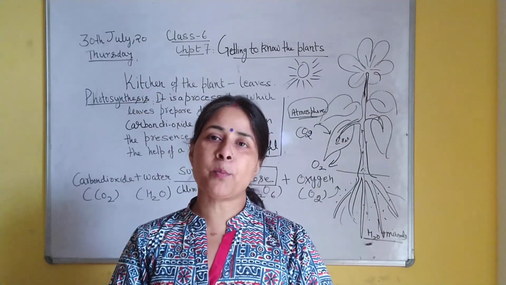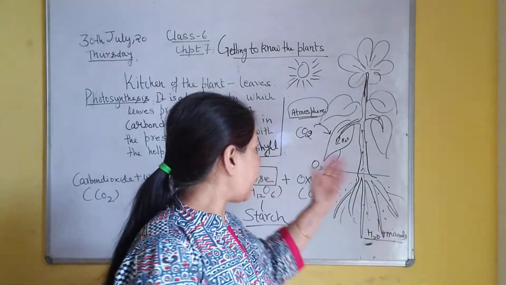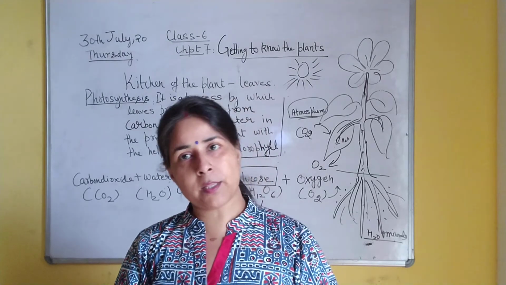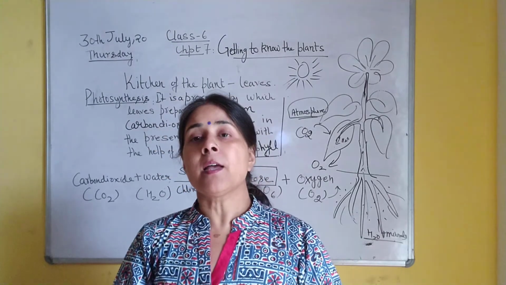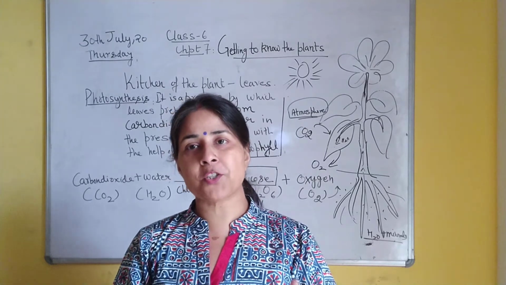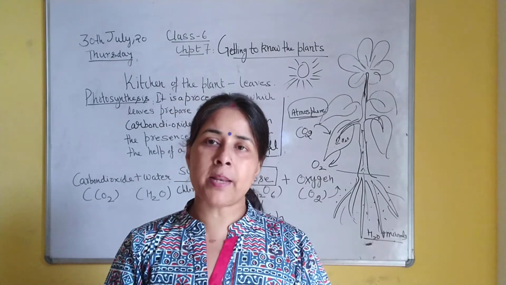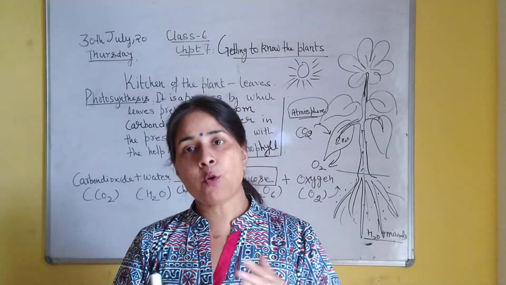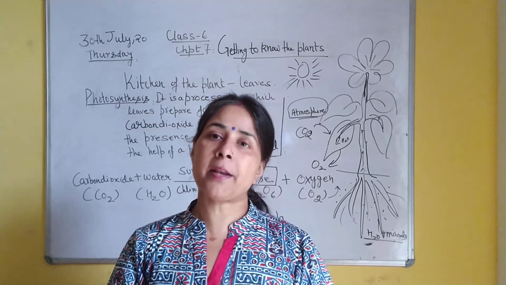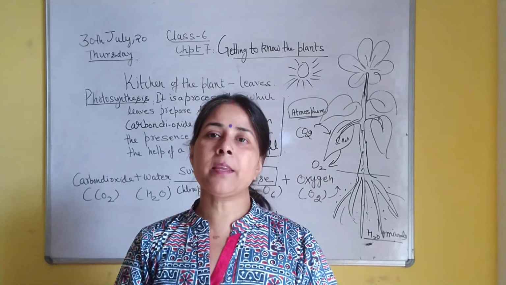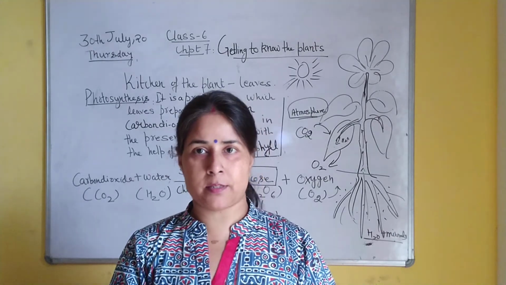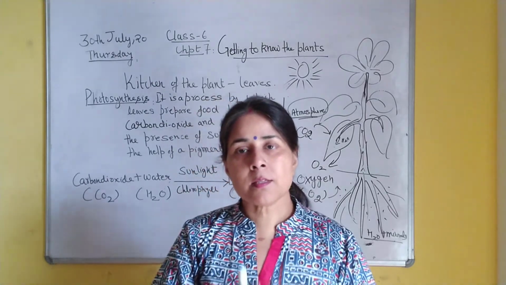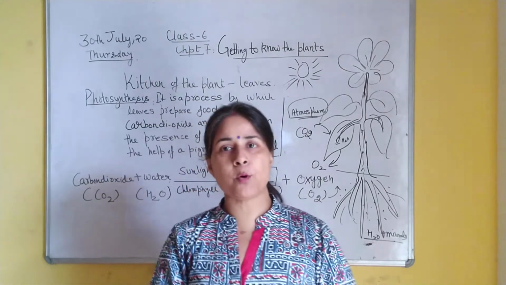If we talk about herbivorous animals, they directly eat plants. Look at the cow, the sheep, the buffaloes, all the cattle, they directly eat plants. Some herbivores eat fruits, flowers, seeds. So those animals are also dependent on plants. And the animals which are not herbivores, let us talk about carnivores. Tiger, lion, they do not eat plants, but still their life depends on the plants. How? Because these carnivorous animals eat herbivorous animals.